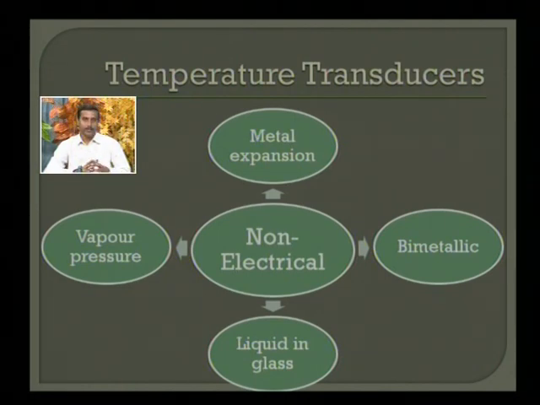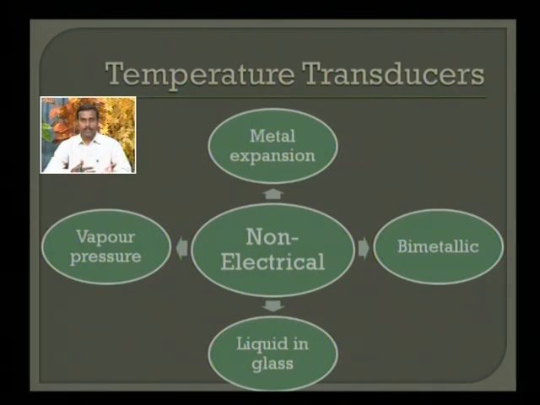The second type of device is the bimetallic kind of device. If two metals linked together or joined together are heated, as both of them have different expansion coefficients, it will start bending in the direction of the metal where the expansion coefficient is smaller. Now this particular property can be utilized in order to measure the temperature. Larger the temperature that you are applying, larger will be the bending. So whatever angular motion or angular displacement you have is again a function of temperature. The third category is the liquid in glass kind of device.